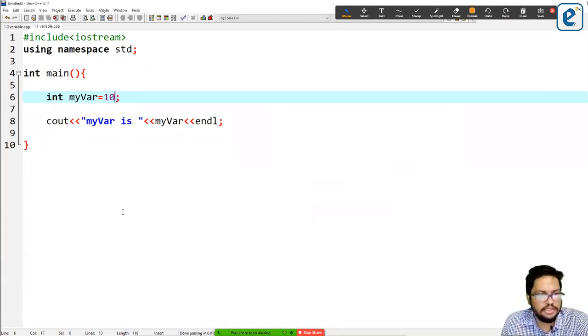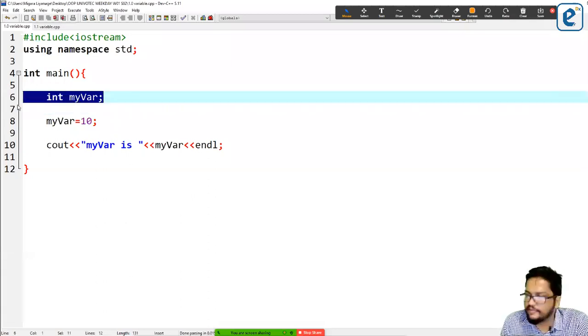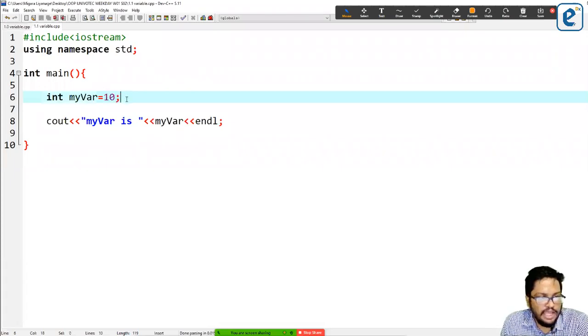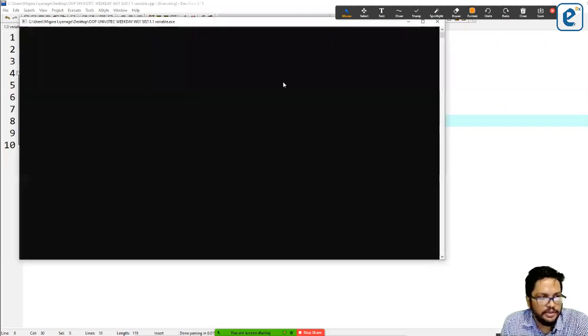So when you are going to create it, you can assign this value at the same time. You can first create the variable and later you can assign the value. Or else you can assign the value at the declaration point, at the same time. So anyway, this will also work.